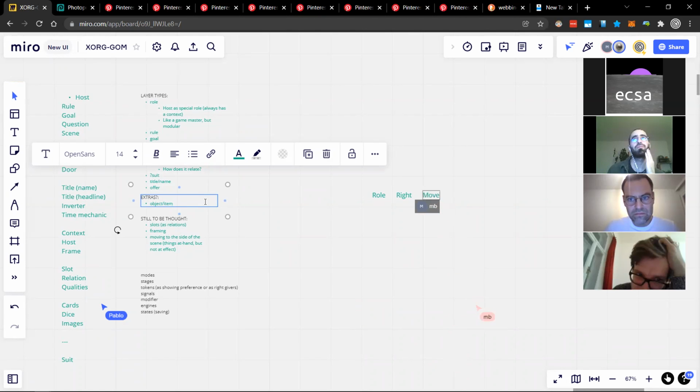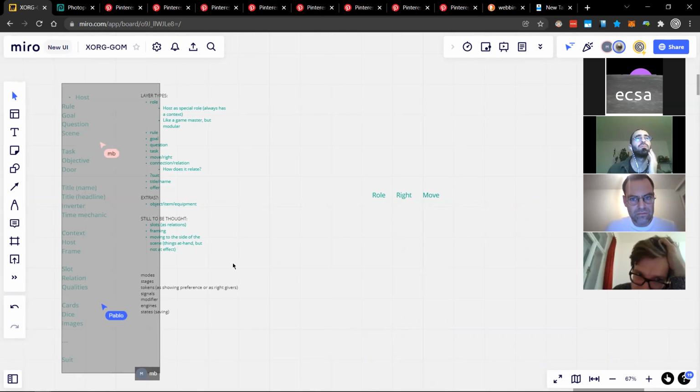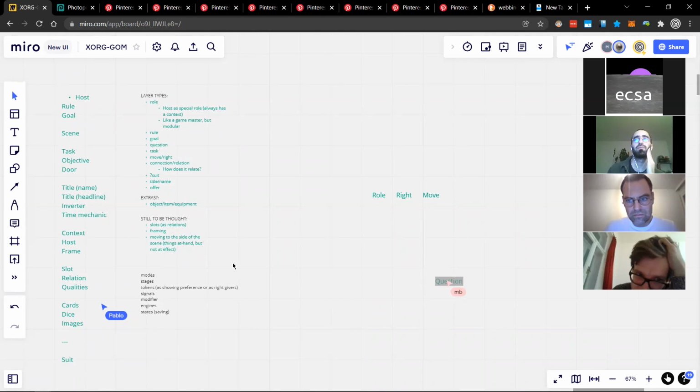So equipment is an interesting quality in itself. You could say we have a time mechanic, and part of its rules is you need a clock as equipment to actually run. Yeah, I get you. I don't know where exactly to place that. Maybe it's just a layer type. Maybe not, but that's why I wrote it as an extra.